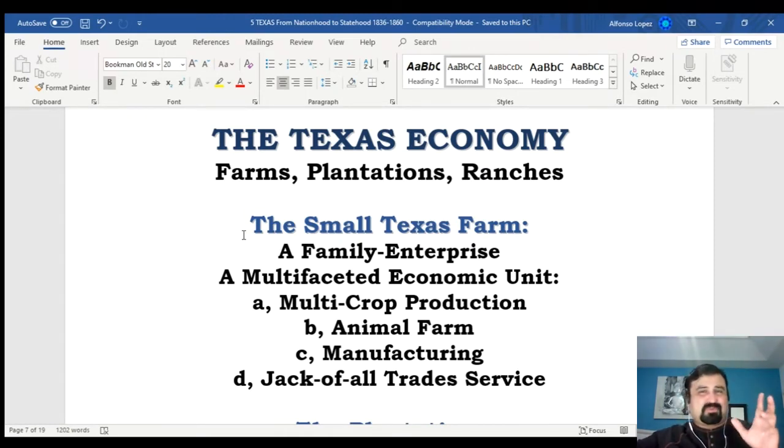Again, this is one of the most predominant activities that people engage in because this is the easiest. In many cases, you develop the land to grow your own food and you subsist from the land. So again, the small Texas farm, there are certain characteristics that must be understood about the small Texas farm and its significance for the economy of Texas, particularly for the people that are coming in and trying to pretty much become independent,